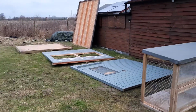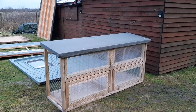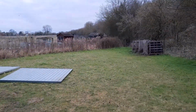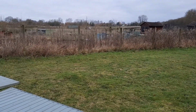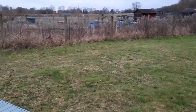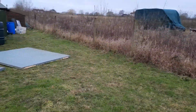So today really it's a case of painting, figuring out how to do the modifications, and I guess more importantly figuring out where to put the foundation blocks, and I'm kind of erring towards here. Lots of different comments in the comment section on previous videos. It was a 50-50 split. It's now moved slightly in favour of where I'm looking now at the rear of the cabin here,